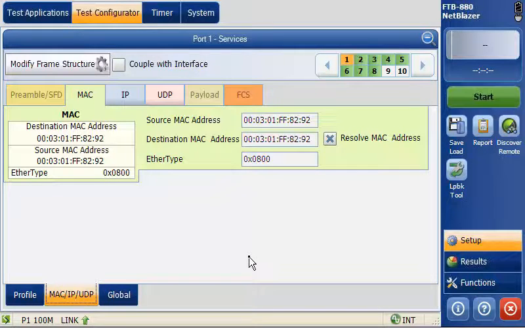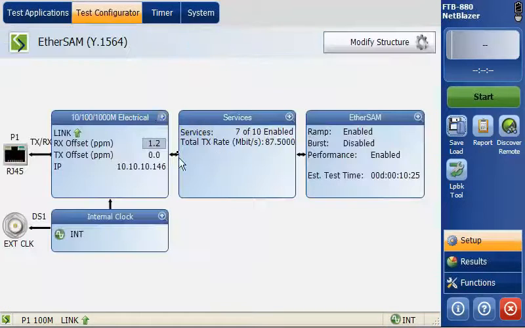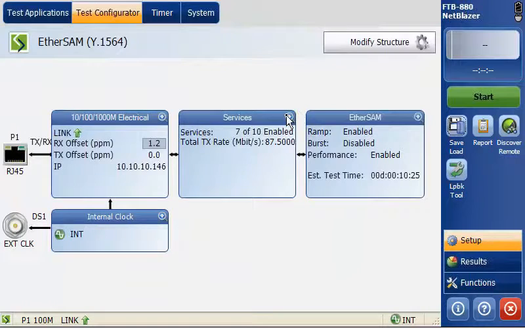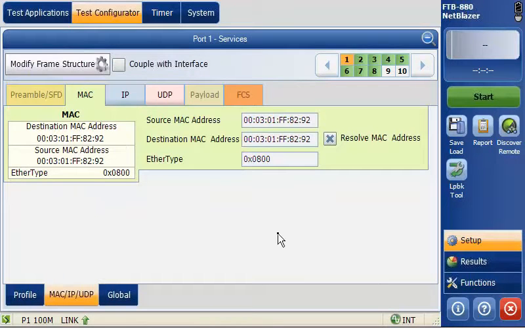So here in the MAC IP UDP tab, you kind of see how we've laid this out. This is basically laid out like an Ethernet frame. Up here in the top left, you see couple with interface. If I were to check this, the source IP, the source MAC, some of the VLAN information will couple with the interface setting. So in the original screen, or the original setup we did for the interface, these options in here would be coupled to this particular service. And so I'm going to go back over there, and I'll just uncheck it,